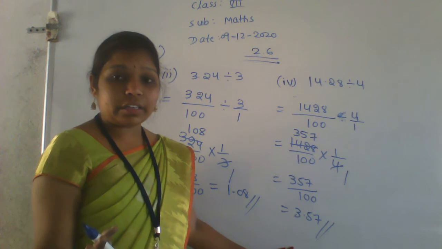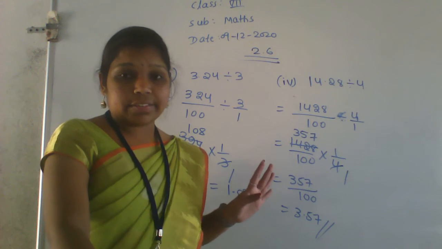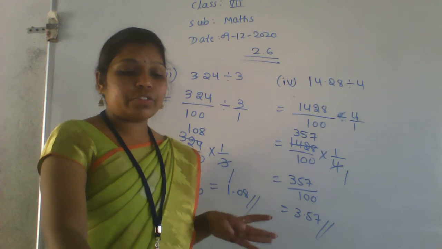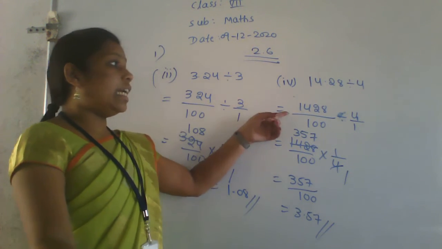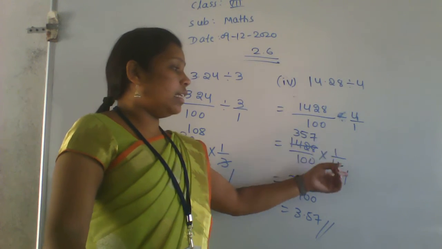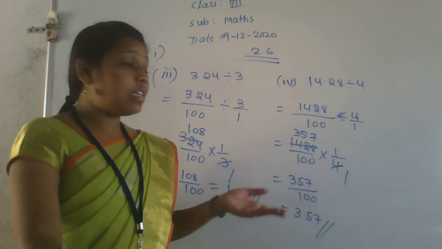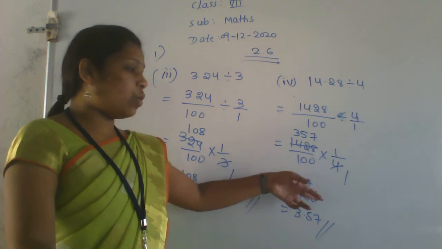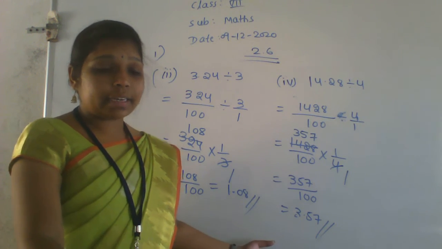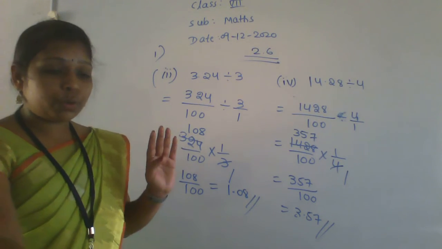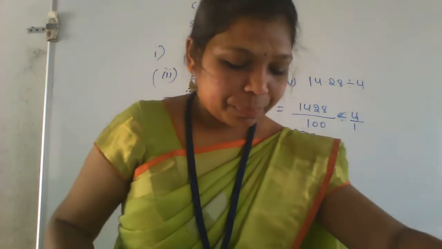Getting the idea, everyone? Okay. So the other 5th, 6th, 7th, 8th, do it yourself. I did 4 problems. Just convert into a fraction, then take the reciprocal of this number and multiply. If cancellation is there then cancel, otherwise multiply and write the answer. This one is also a correct answer, otherwise keep it in decimal number, this is also correct. Both are correct methods. So I did the 4 problems, you do another 4 problems in the first main. That is the homework.